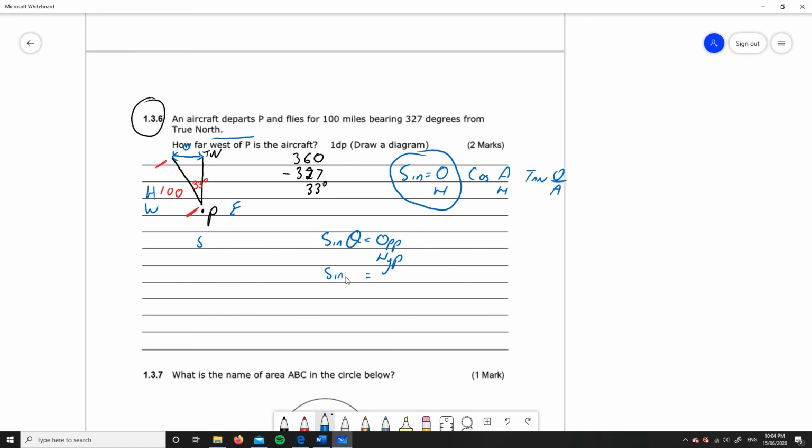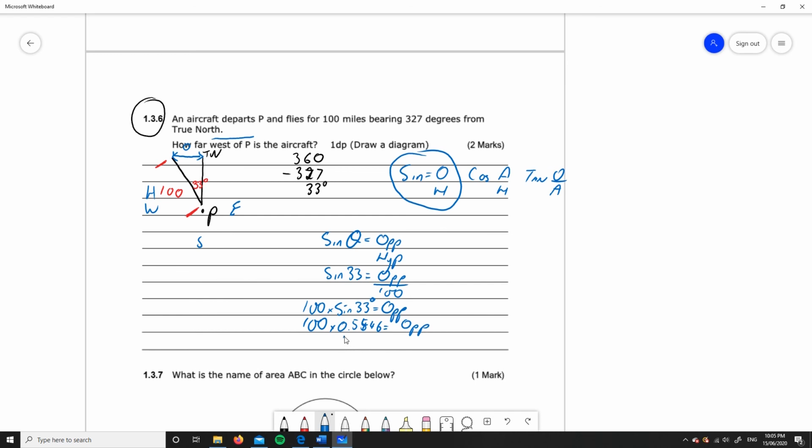So sine 33 equals opposite divided by 100. If I transpose that across, 100 times sine 33 degrees equals my opposite. If I then go to my trigonometry table, 100 times 0.5446 equals the opposite,